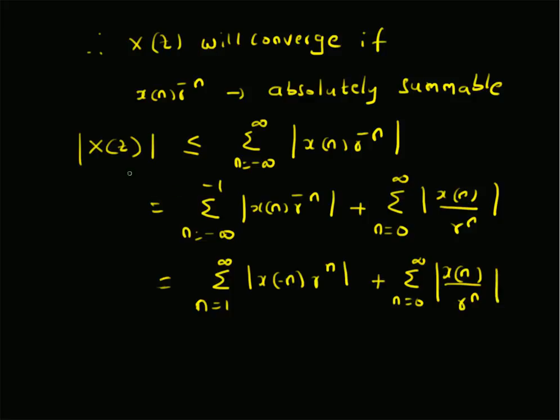So the absolute value of X of z, that is the z transform, is going to be less than or equal to the sum of these two components. Now it will converge when these two sums converge simultaneously. That means we have to find the region in the z plane for which both of these sums converge. So let us call this sum number 1, and this sum number 2. Look at sum number 1, that is summation n equal to 1 to infinity x of minus n r power n. You can clearly state that this product x of minus n into r power n will be absolutely summable,